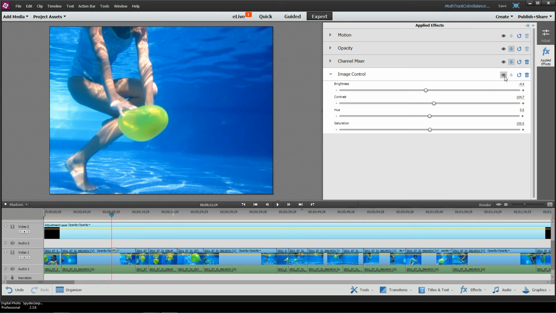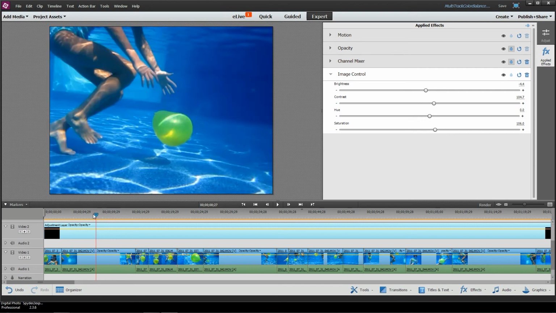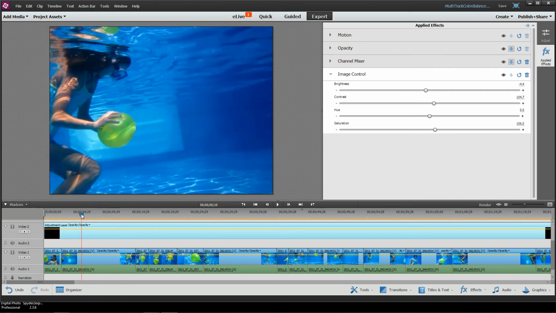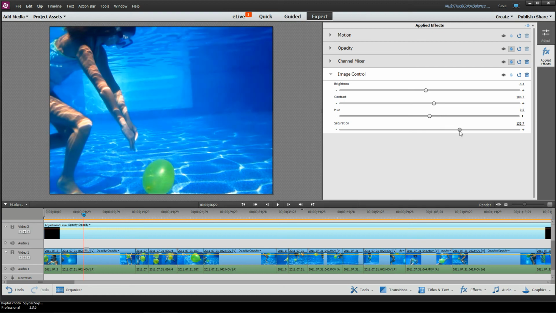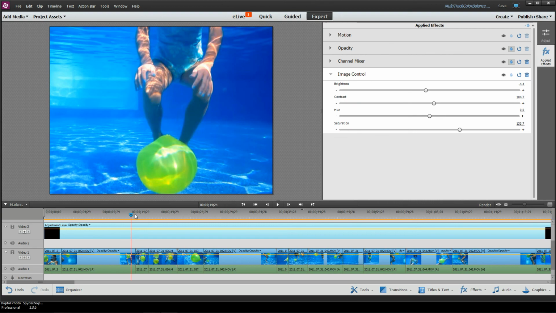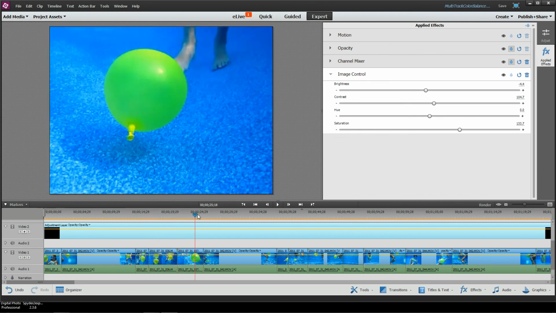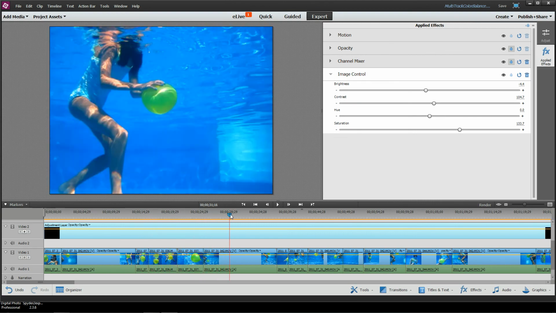Now if you toggle a little eyeball, you can see the difference that it made. A very subtle difference, but it sort of knocks that white milky effect out of it. And we can even crank up the saturation a bit as well. Now that's going to apply the same value to every single clip. So if you really want to spice up your video, make it annoyingly high saturation, you can do that. It will apply to every single track in here.